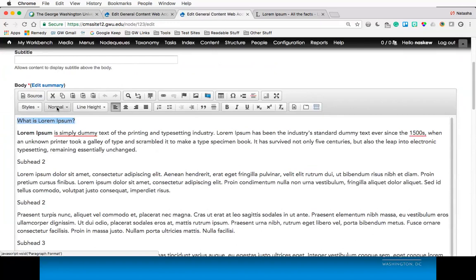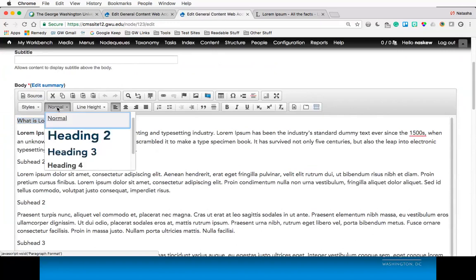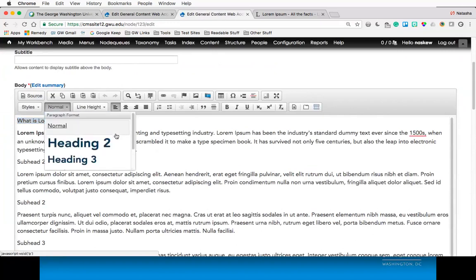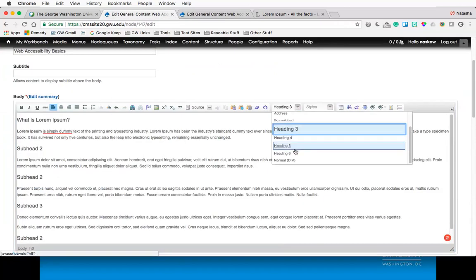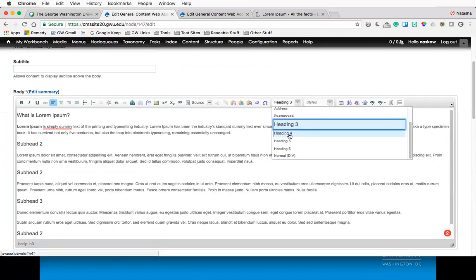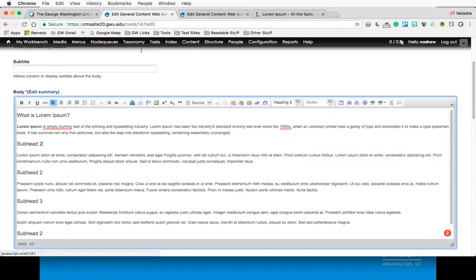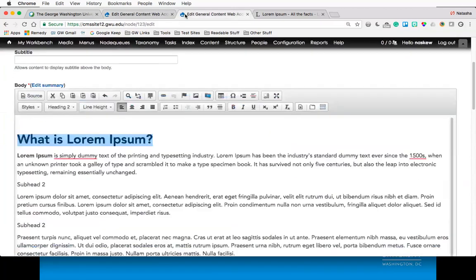So if you go to your paragraph format styles here, you'll see you have 2 all the way down to 6. And those were present in the classic theme as well, but they're not styled after heading 4. Heading 5 and heading 6 have not, unfortunately, been styled to really comply with the rest of the theme. So they'll have some default styles on them. They just won't really fall in line with the rest of the aesthetic of the site. They'll still